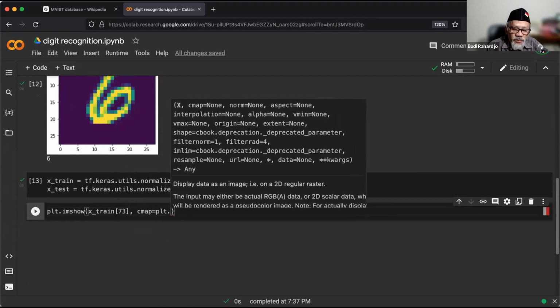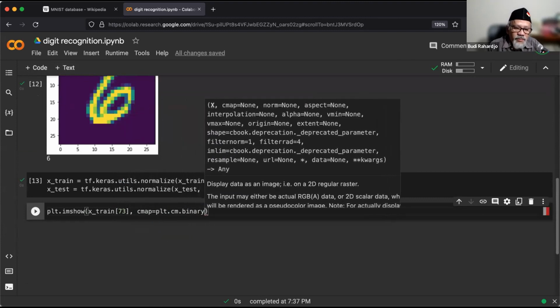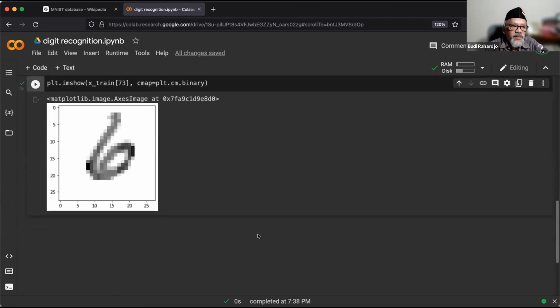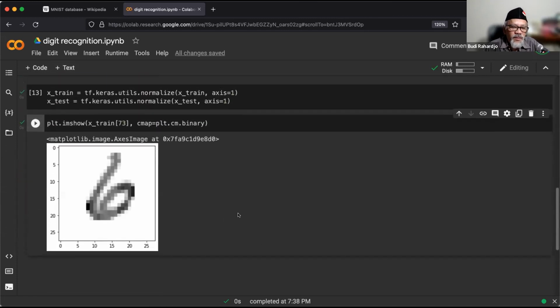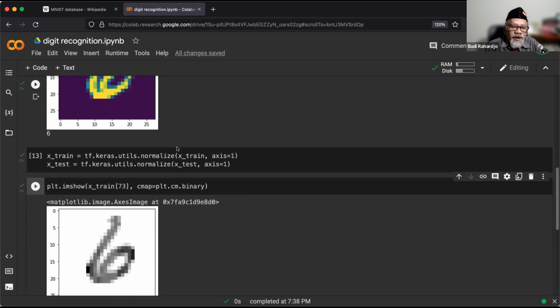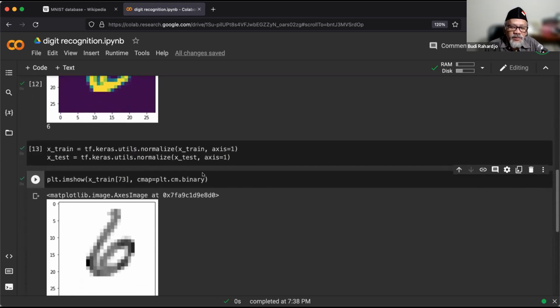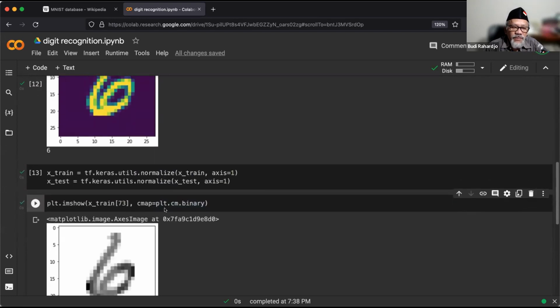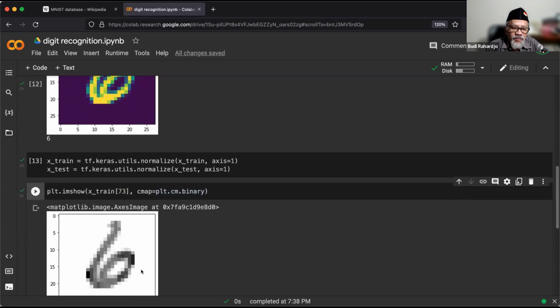I want to use binary. So this is what we are going to use, this 6 that we have in the dataset. What we are doing right now is normalizing them so that the numbers become black and white like this.